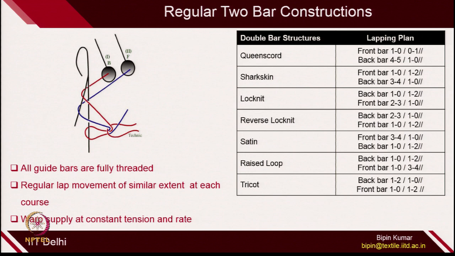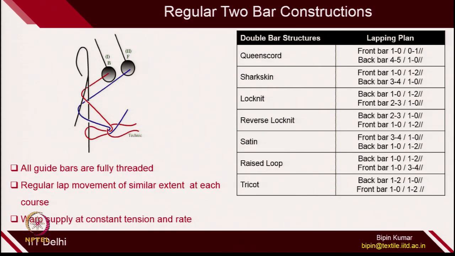The first one is what we covered in the last class, 2-bar construction. In 2-bar constructions we have seen the most common ones were queenscord, sarkskin, lock knit, reverse lock knit, satin, raised loop and trichord. The lock knit was the most popular one, which has the lapping plan of 1012 in the back bar and 2310 in the front bar. So, 70 to 60% of warp knit production actually follows lock knit because it is very much used in intimate